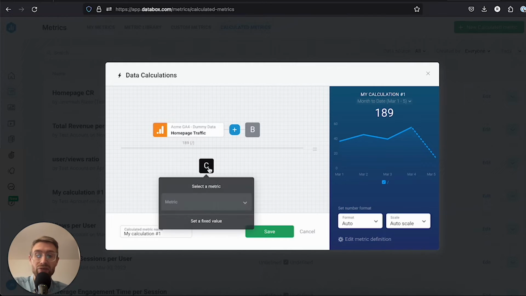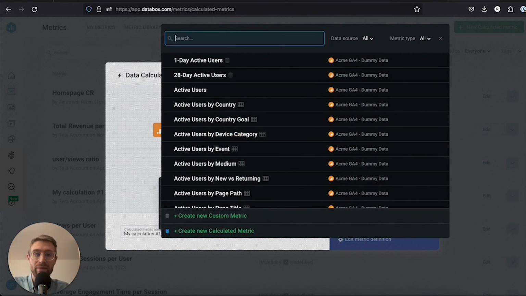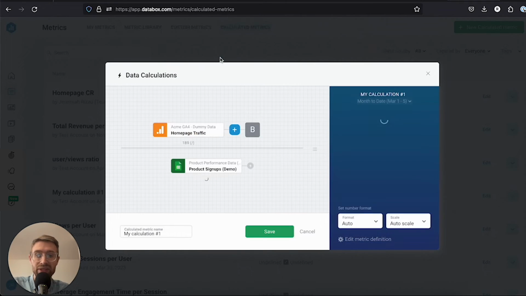So let's go ahead and find, for this example, I have a metric ready to go called product signups demo. Okay, so here we can see that in the calculation we're building, we take the total traffic to the home page, a custom metric that I developed using Databox custom metrics, and then I've got, in this case, a Google Sheet. If this was a SaaS product, you could use Mixpanel or something like that. You could track whatever your call to action or conversion would be. In my case, for this example, I'm using a Google Sheet and tracking the signups there. So this is my total homepage traffic divided by the total product signups that I got. And let me go ahead and give this a name. So I'll call this